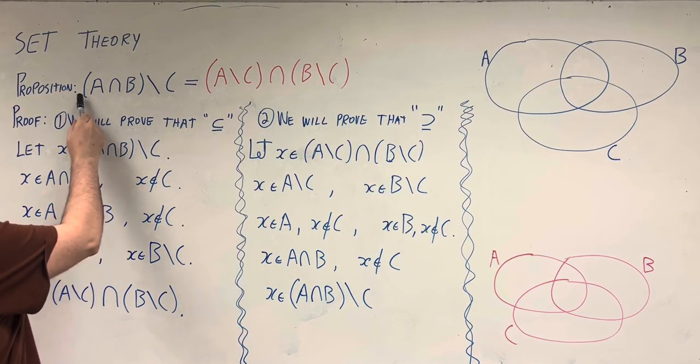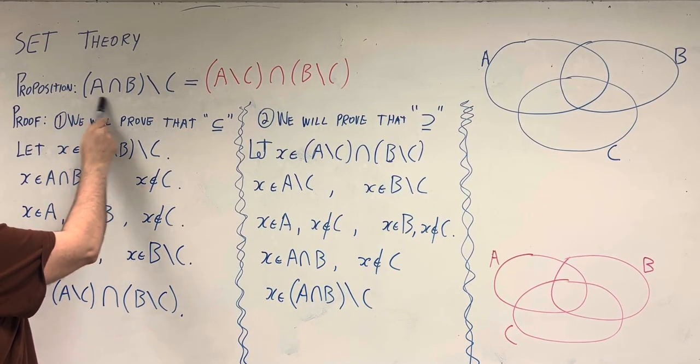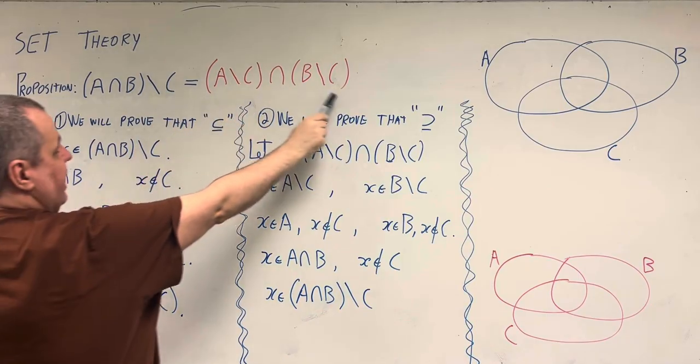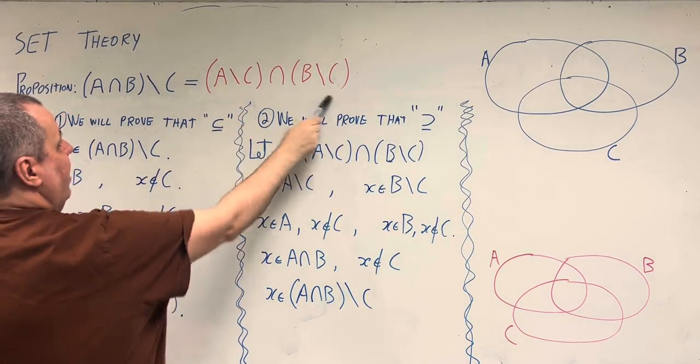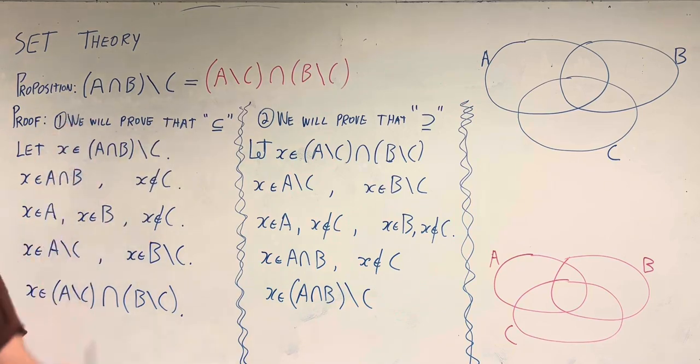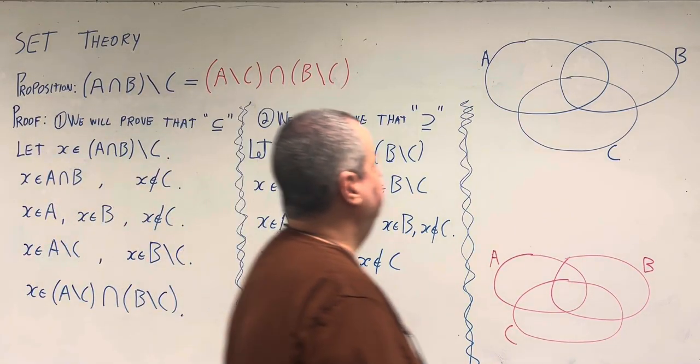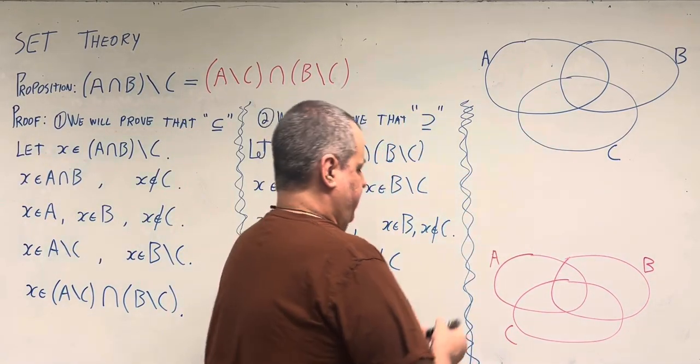Okay, so again, in part 1 we learned the left-hand side is a subset of the right. In part 2 we learned that the right is a subset of the left-hand side, and therefore these sets must be equal. In terms of Venn diagrams,